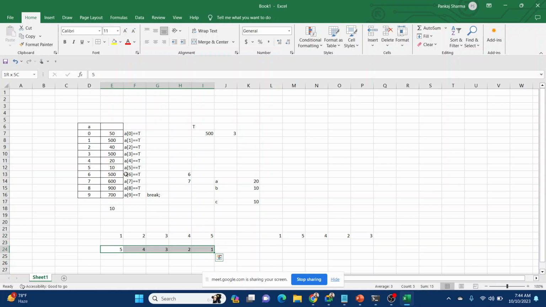For that purpose, there are multiple sorting algorithms in data structure. There are, I think, five or six basic sorting algorithms. But we will try to do bubble sort only. Bubble sort is the basic sorting algorithm. How to do it?